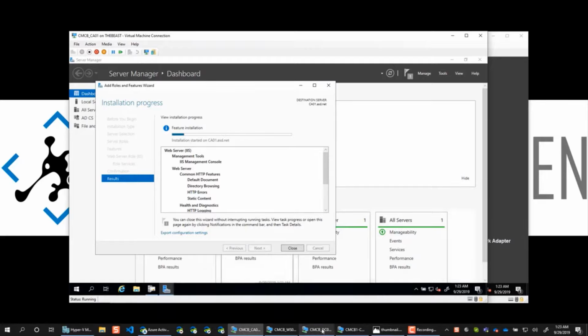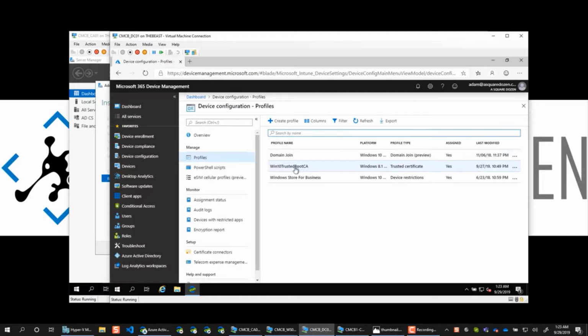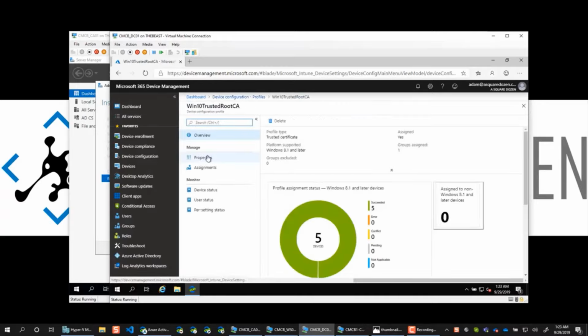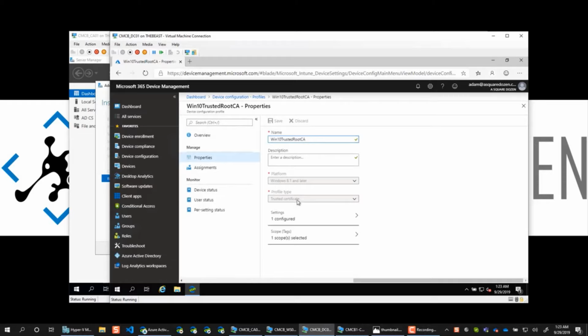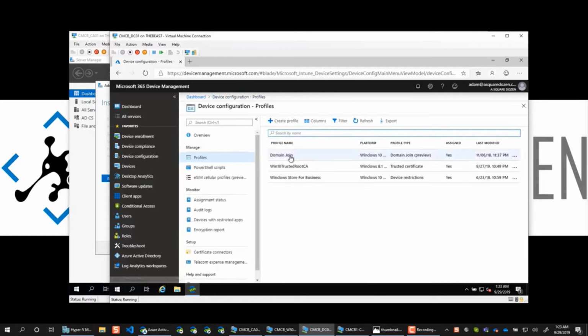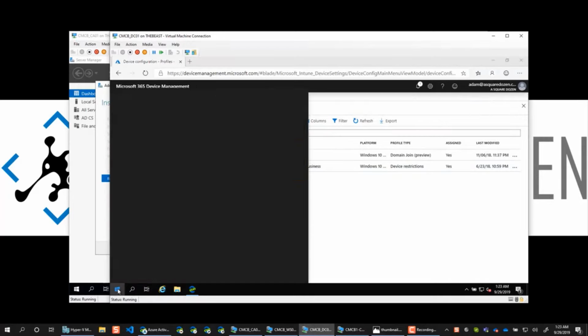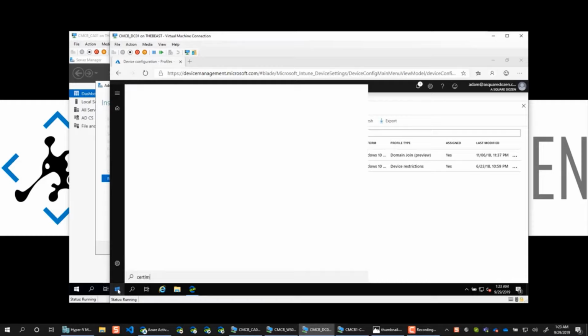So while that's going, I'm going to jump back over to the domain controller for a minute and show you. We also need to export our root cert and go import it as a new profile here. So this is what you're going to end up with. I'm going to just delete this one and rebuild it so that we have a full end-to-end picture of this. Refresh. Okay. So on my domain controller, I can just go and